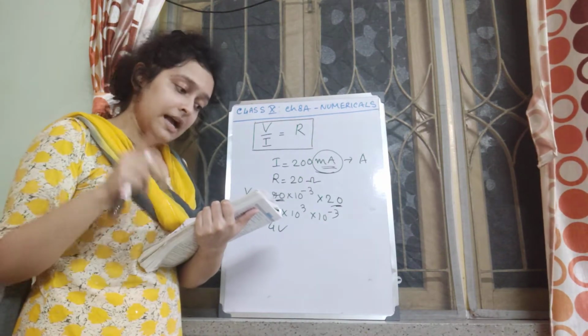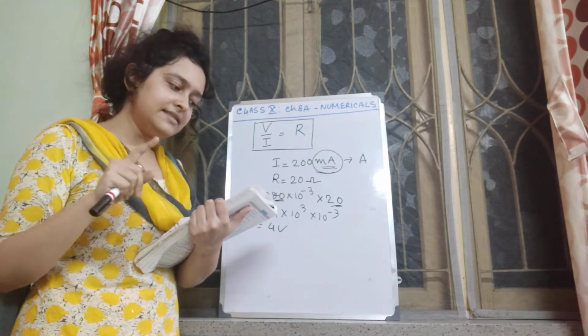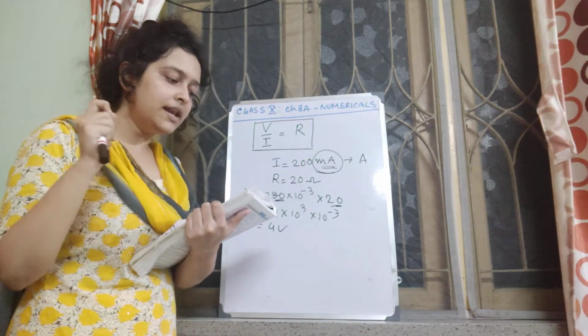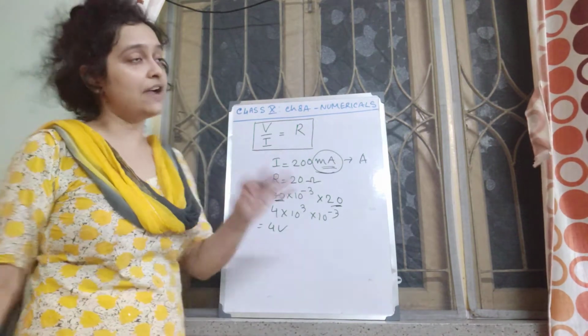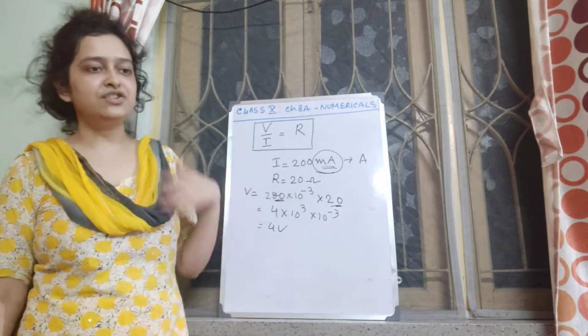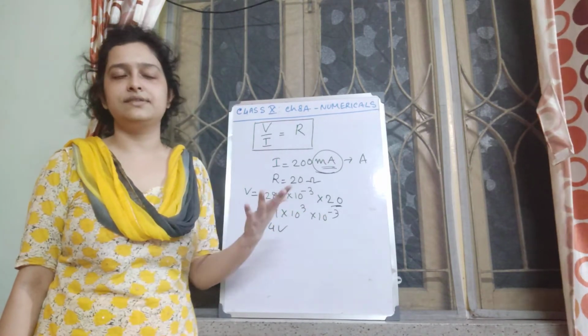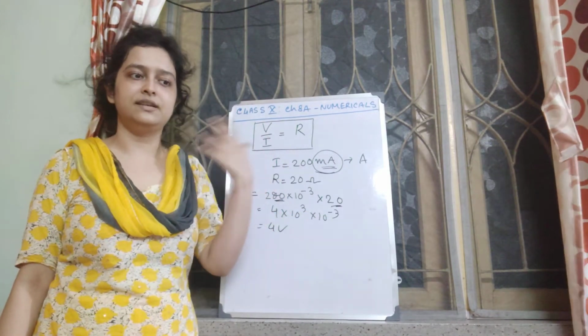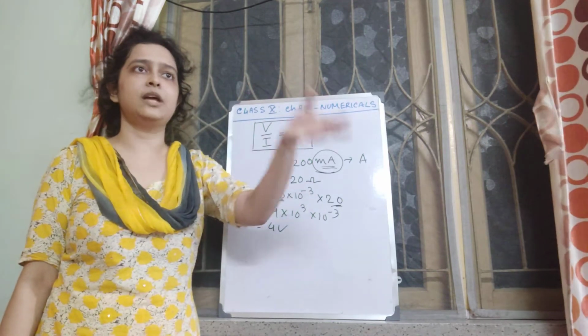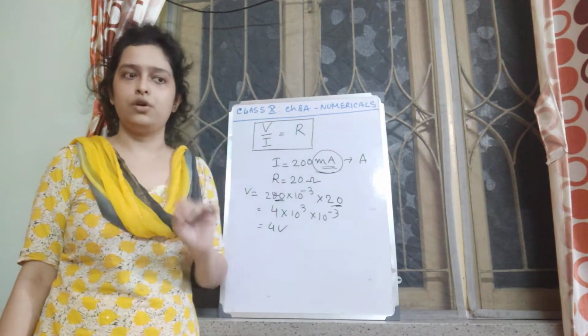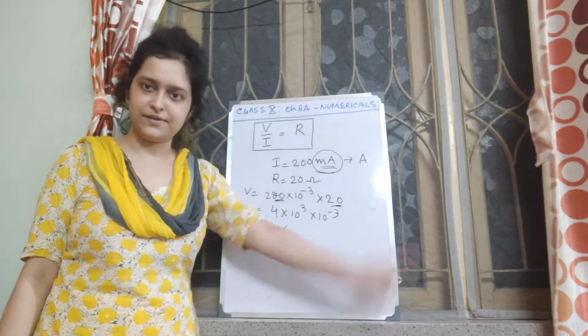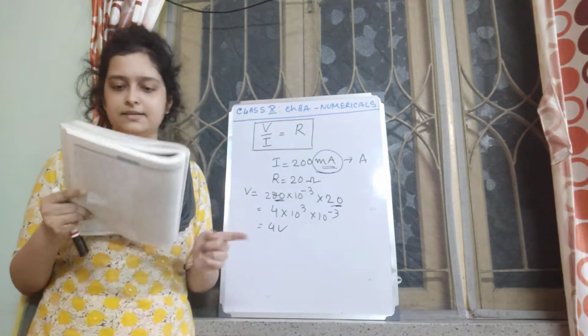Next question is, will the resistance be more, same or less when the bulb is not glowing? This I have discussed. Temperature increases, resistance increases. So when the bulb is glowing, the temperature is increasing. After some time you will find resistance is more than the initial value, that means when it was not glowing. This I have already discussed.